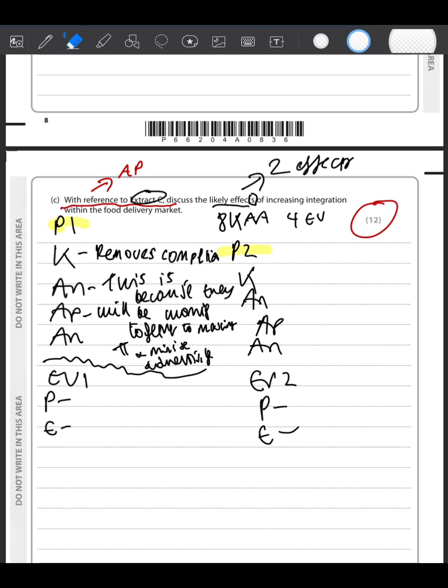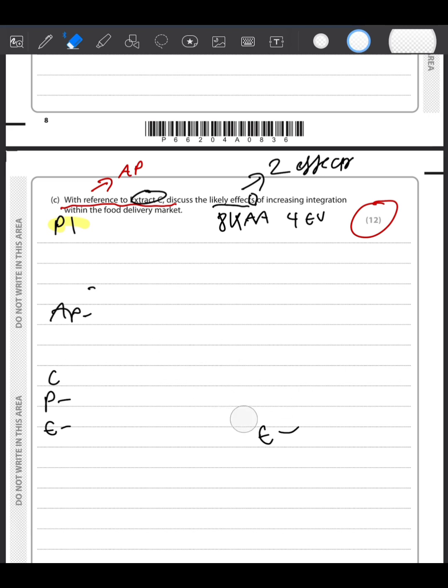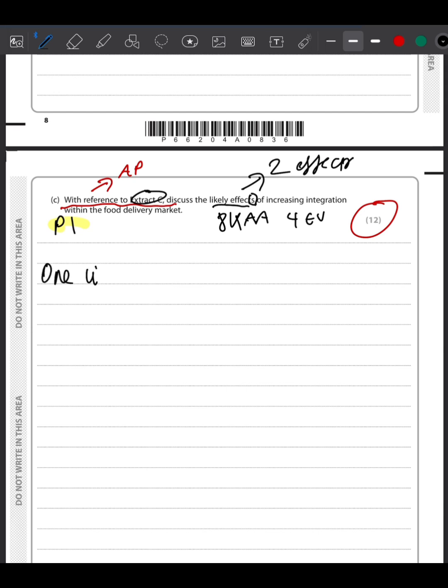So now is a pretty good time to write everything down as we were discussing. So what we would say, one likely effect of increasing integration is